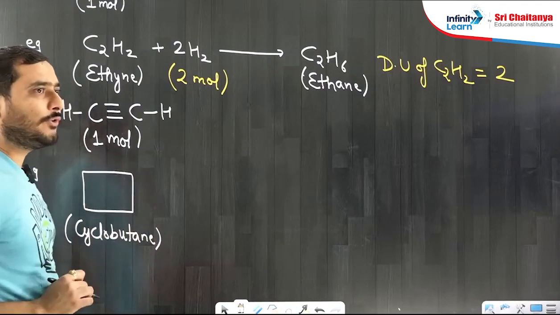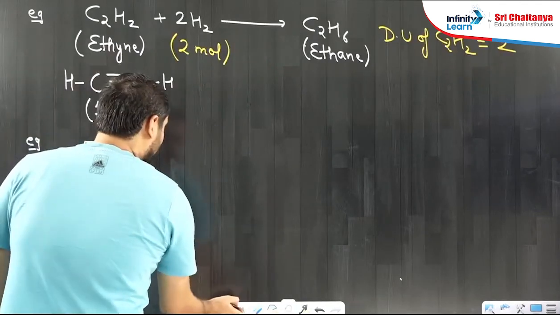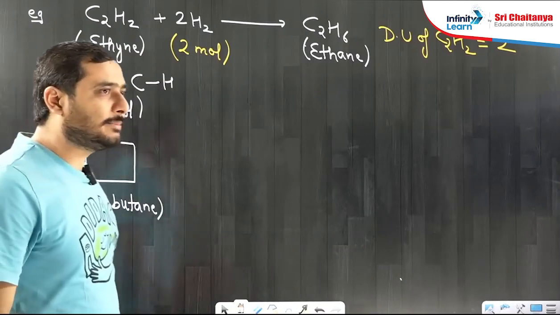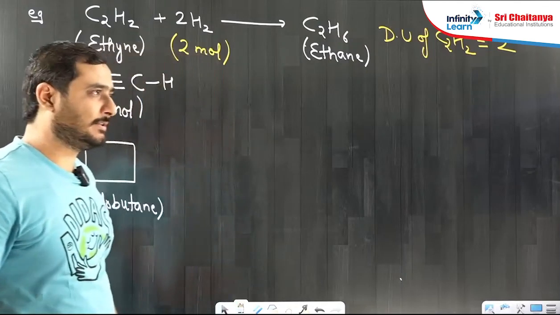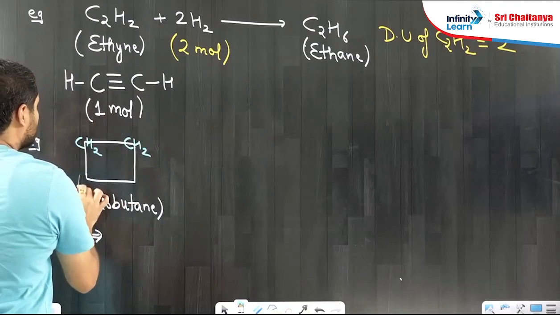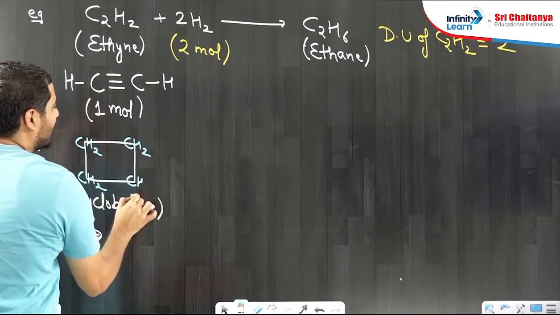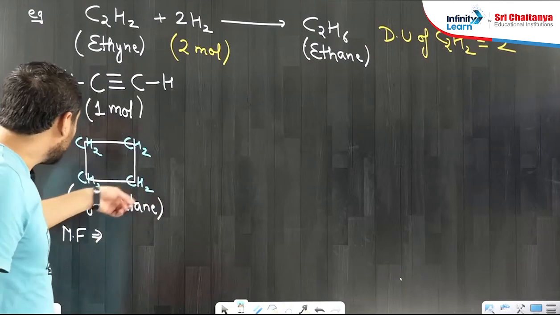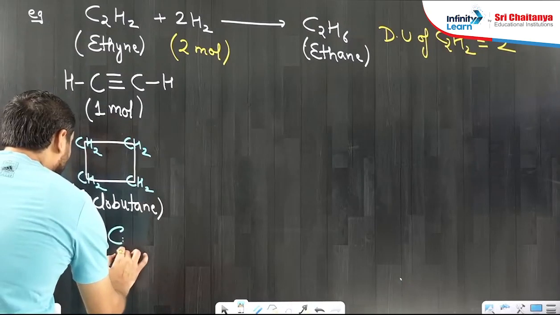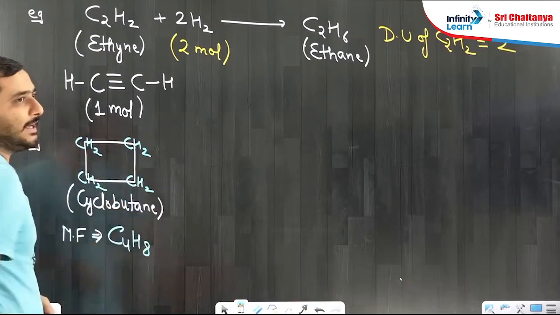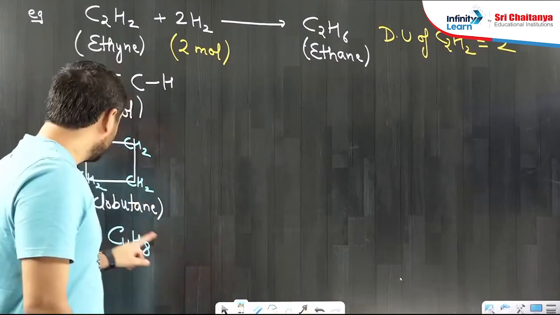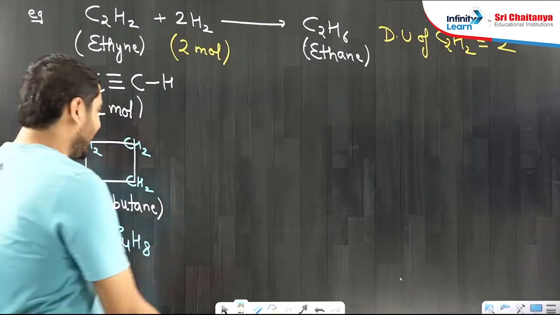Students, can you tell the molecular formula for this compound? You have to tell how many carbon atoms are present and how many hydrogen atoms are present. Here carbon and 2 hydrogen, CH2, CH2, CH2. Carbon has a total of 4 valencies, so with 2 carbon-carbon single bonds there are 2 hydrogen. So the molecular formula is C4H8. Remember, this is not butane. Butane is C4H10 and cyclobutane is C4H8.